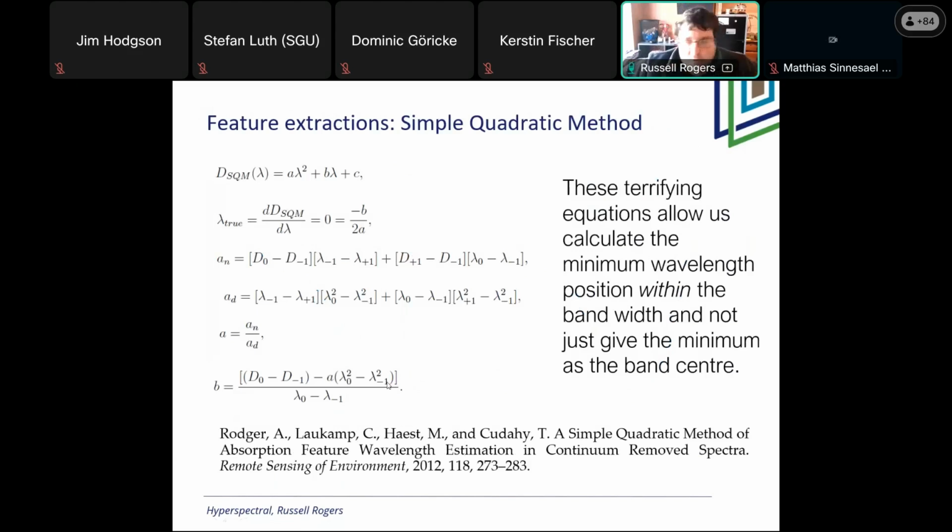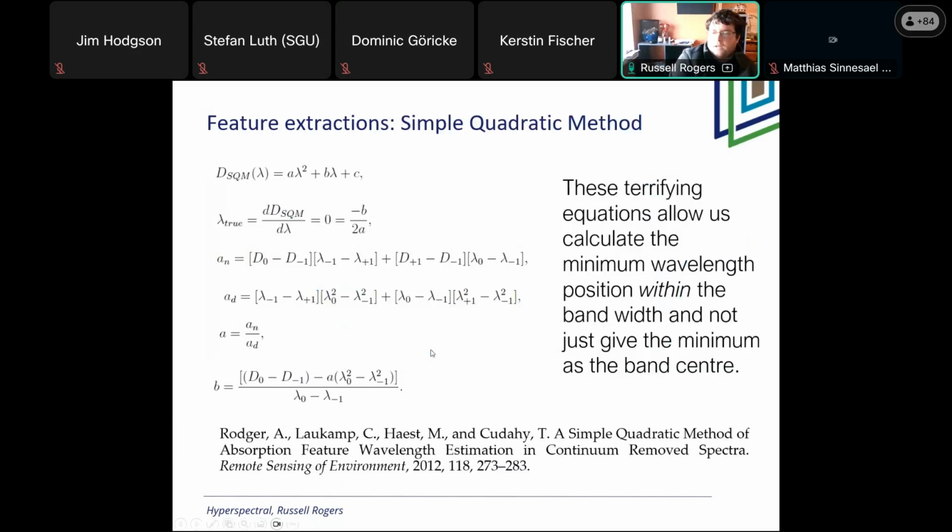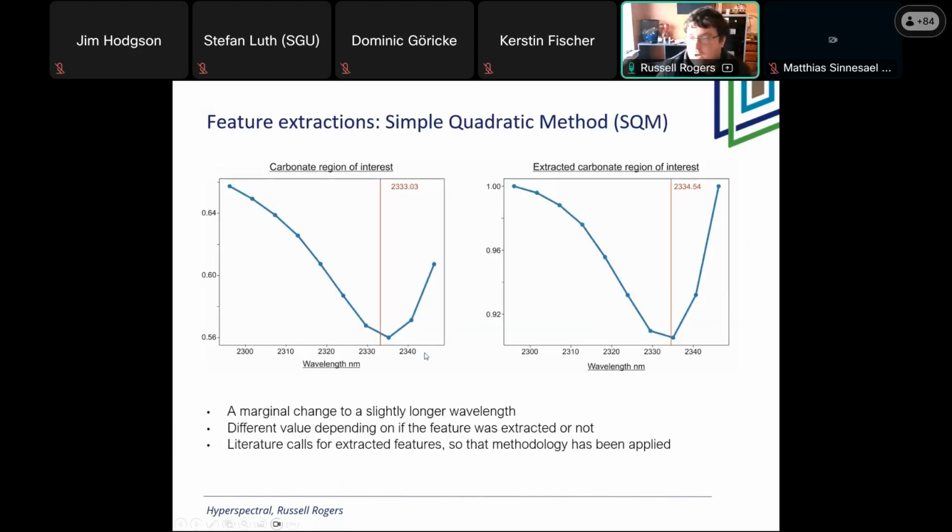There are other methods available. There are other polynomial methods, and there's a Gaussian fitting method, implementations for which are available in the highlight library. But we decided to go with the simple quadratic method because it's computationally the quickest. And it allows us to determine the minimum wavelength position within the bandwidth and not just give the minimum bandwidth as the center. So if you take these three points, depending on how you draw the curve, the lower point could be anywhere between here and here, or anywhere between here and here. And as you can see, when you use the simple quadratic method